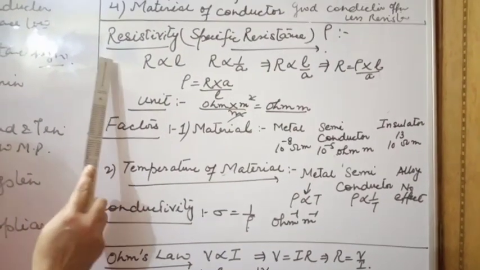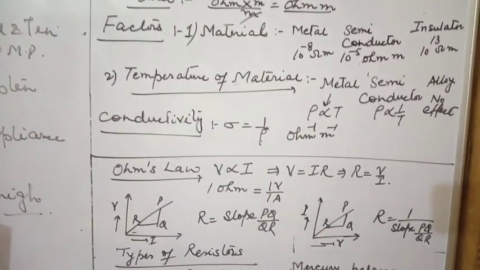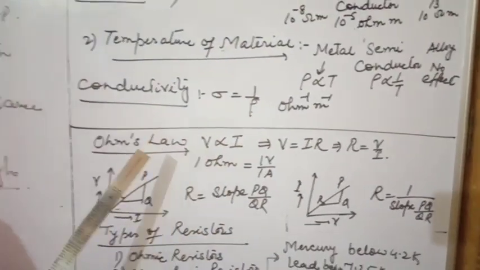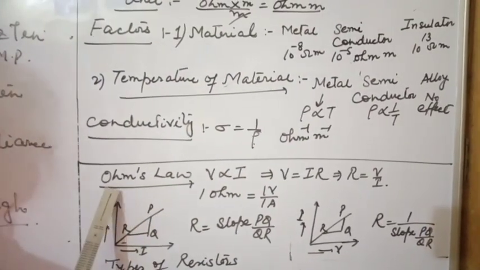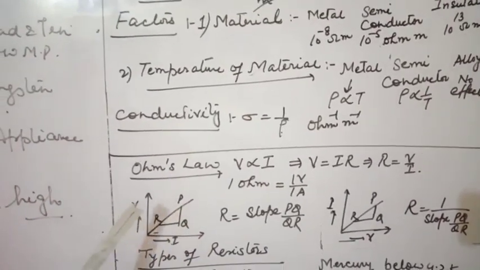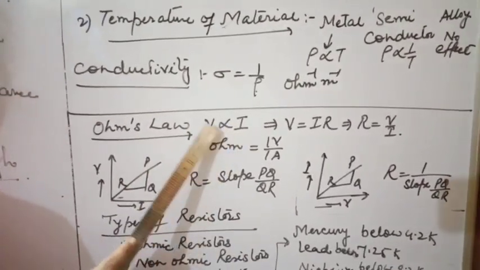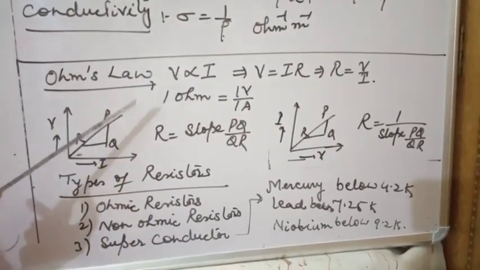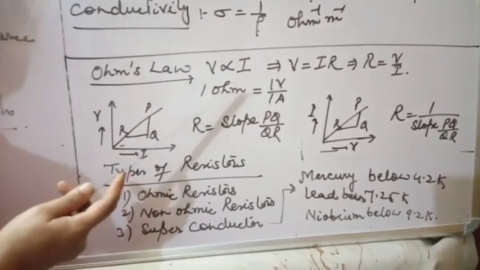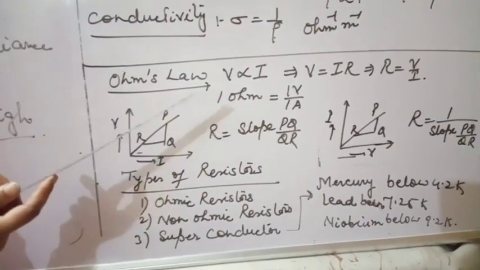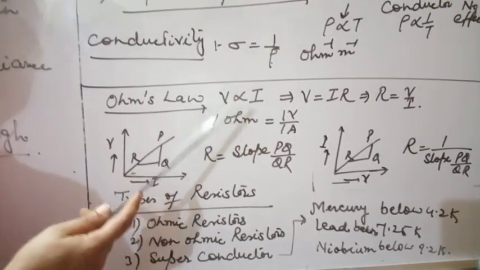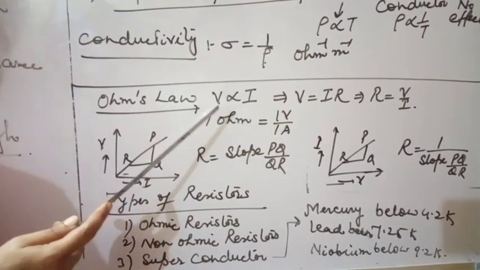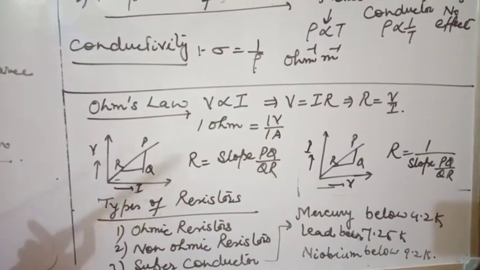Now come to the topic Ohm's law. So we have done 3 terms: potential difference, current and resistance. I will combine all these 3 terms under the heading Ohm's law. According to Ohm's law, V is directly proportional to I. Means in the circuit, if current increases, potential difference will also increase. As usual, you have seen in the stabilizer, there are 2 boxes. One is for A, the other for V. A for ammeter, V for voltmeter. If you keenly observe the readings, if your ammeter reading increases, the voltmeter reading will also increase. That is Ohm's law.